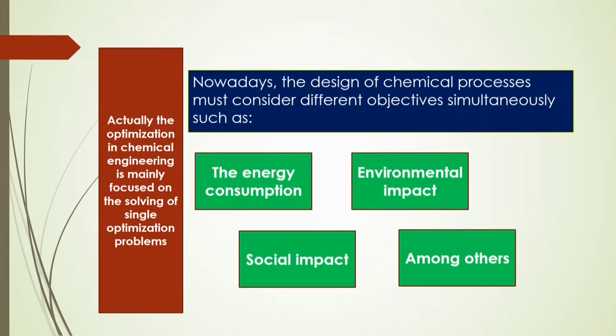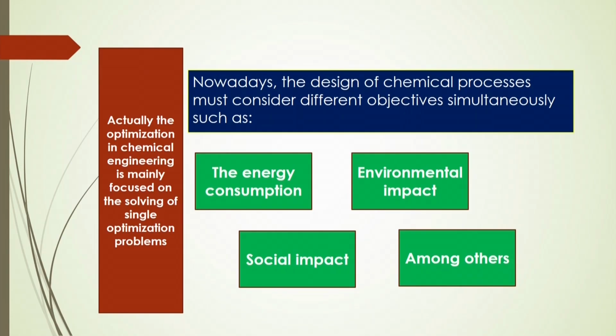Whatever optimization techniques were used earlier were mainly focused on solving a single optimization problem. But for process intensification, the design of chemical engineering processes nowadays must consider different objectives